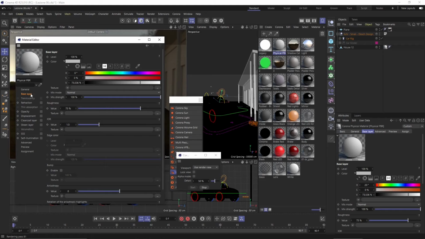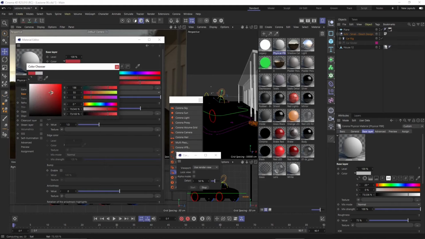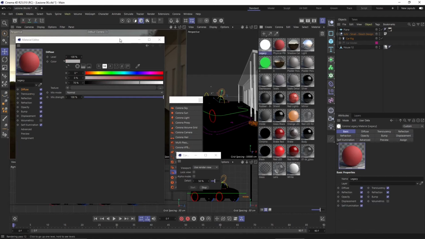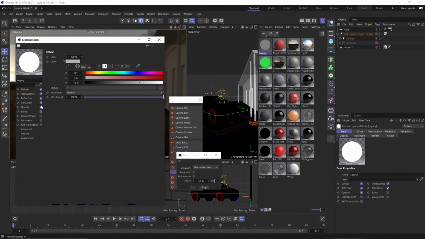You can see here again, we have color. We have this kind of a gray color. We can change it and assign a simple parameter of RGB. So it's just the color. There you go. Now let's uncheck this in the legacy material just to show you that